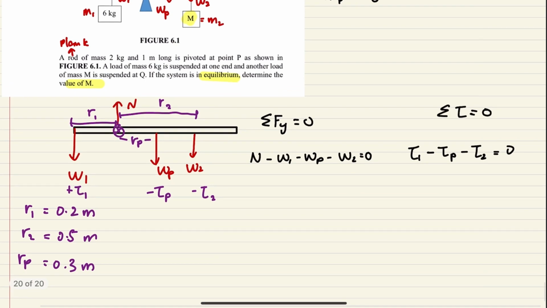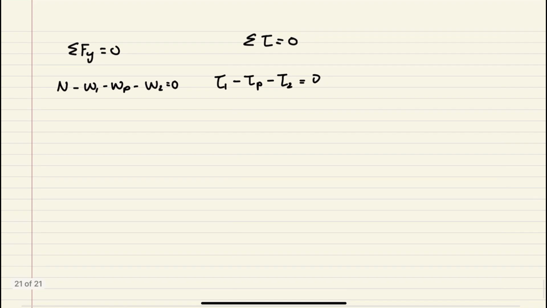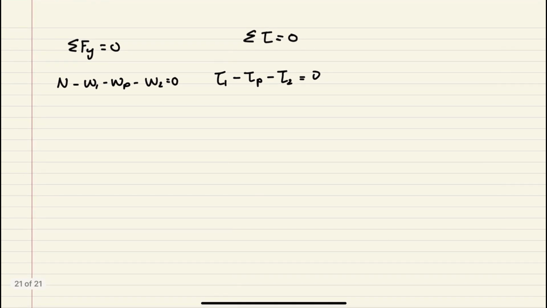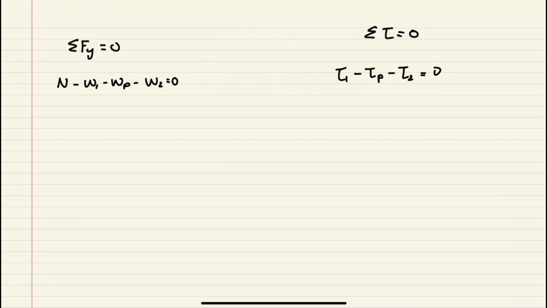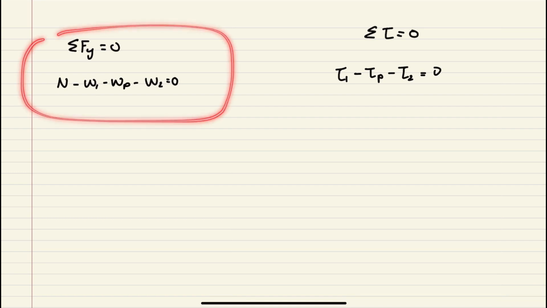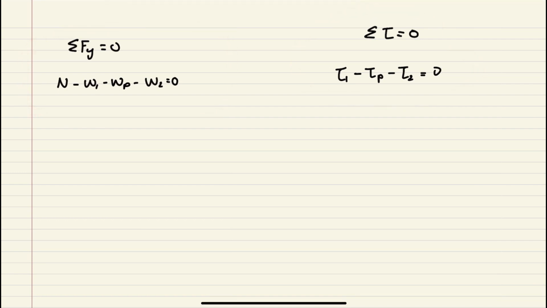And the question wants to find the value for m. Okay, because we are running out of space, I just copy this one to the new page. So if you want to solve, you have an option. You can solve using this one, or you can solve using this one. I think the question is pretty simple, and straight away you can see that if you want to solve using this equation, you don't have the values for n. You want to find values for,